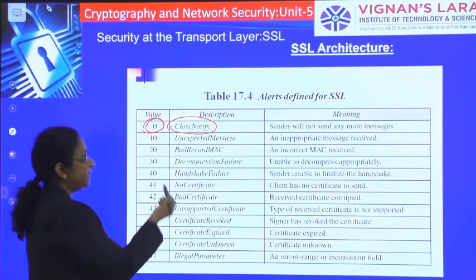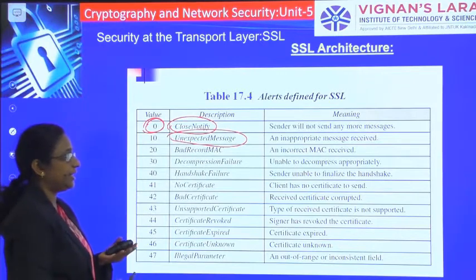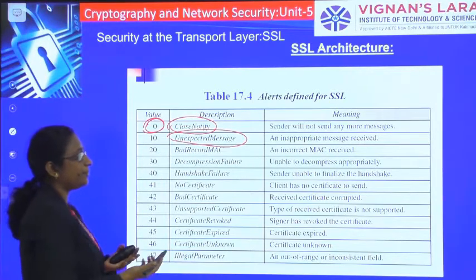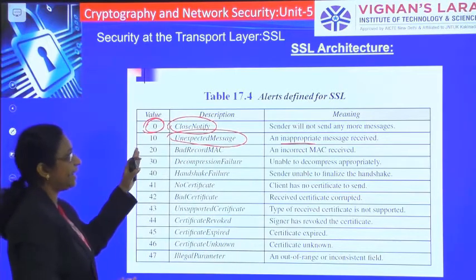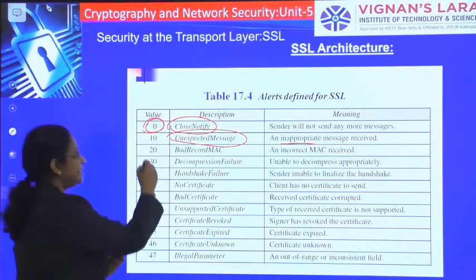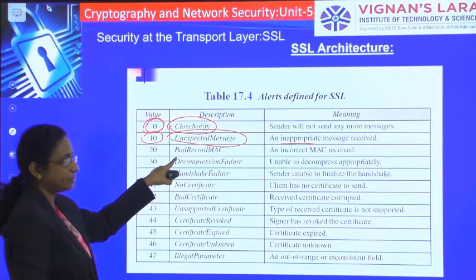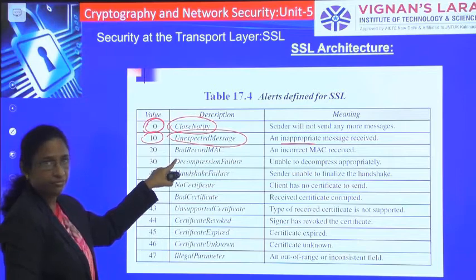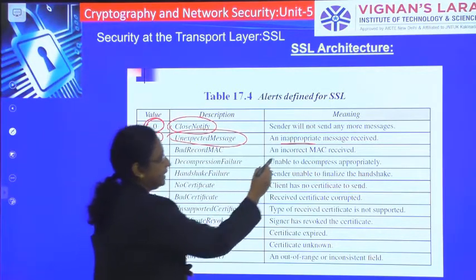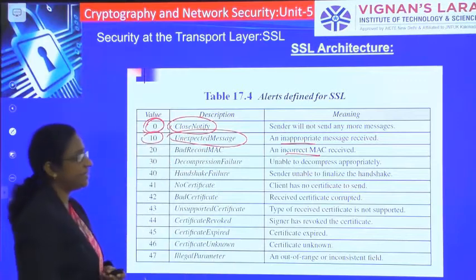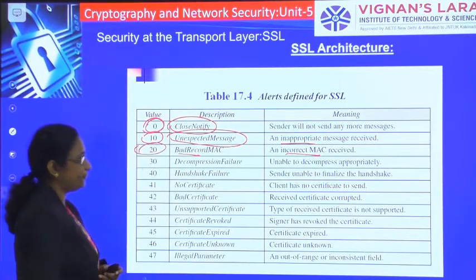If the alert is unexpected message, that is, if the entity gets an inappropriate message, then the code is 10. Then there is bad record MAC, an incorrect MAC received. If SSL receives an incorrect MAC, it sends the entity bad record MAC with a code of 20.